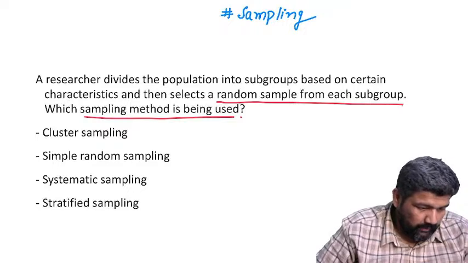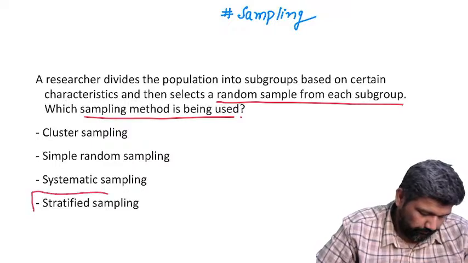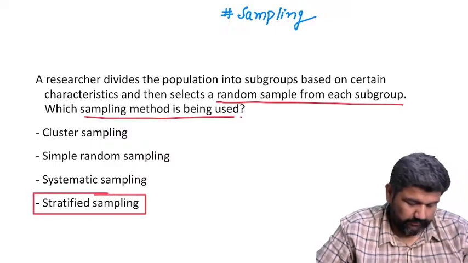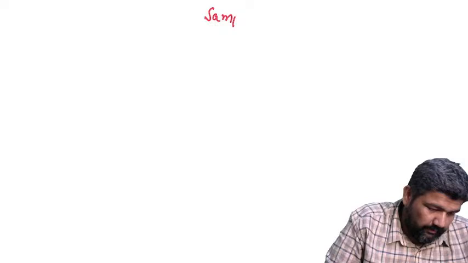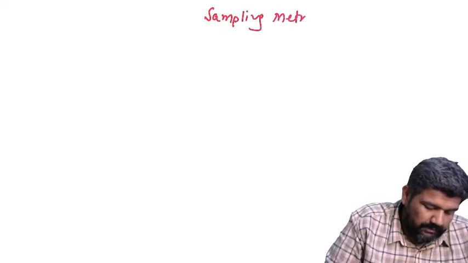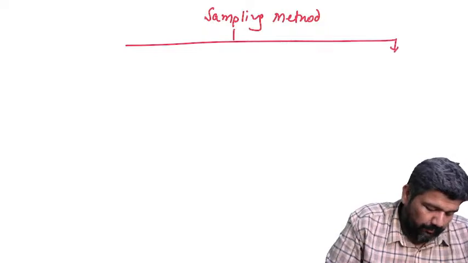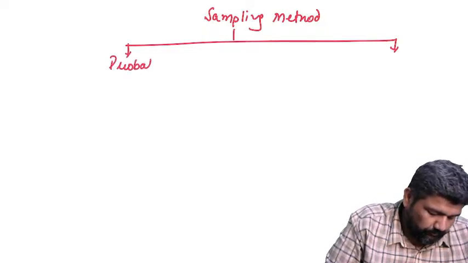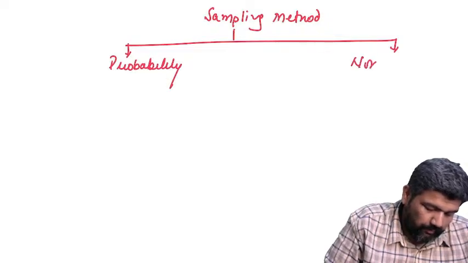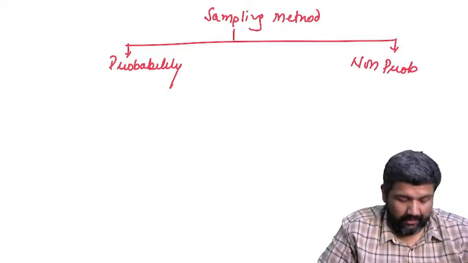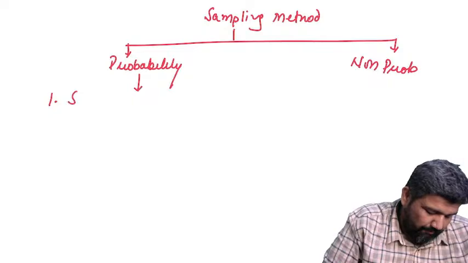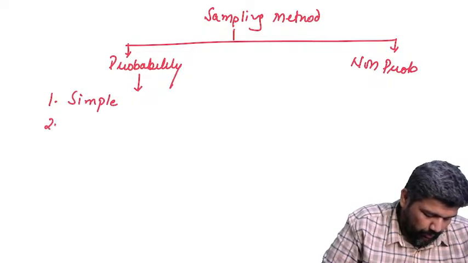Very good. Nikesh and another student are talking about stratified sampling. But if I talk about sampling methods, we have probability sampling and non-probability sampling. Probability sampling: number 1 is simple random, number 2 stratified random, number 3